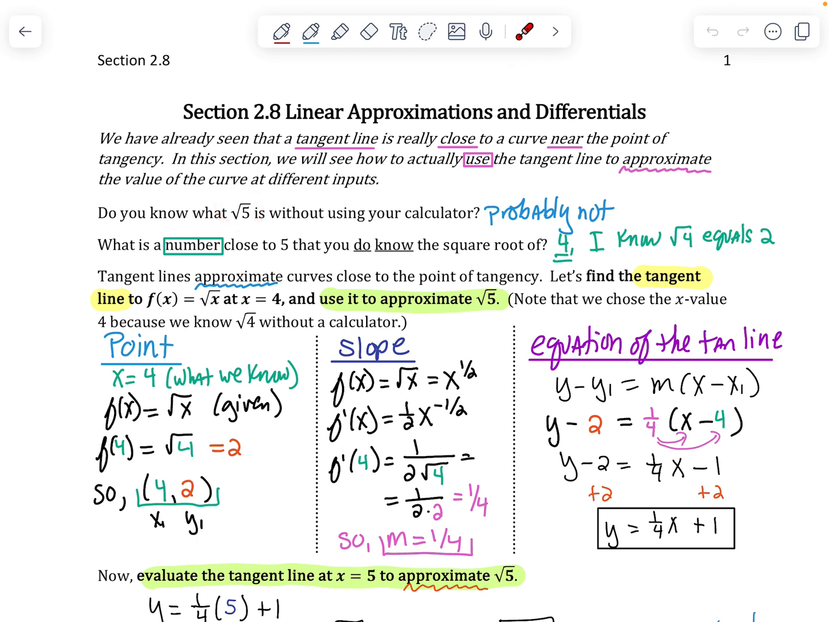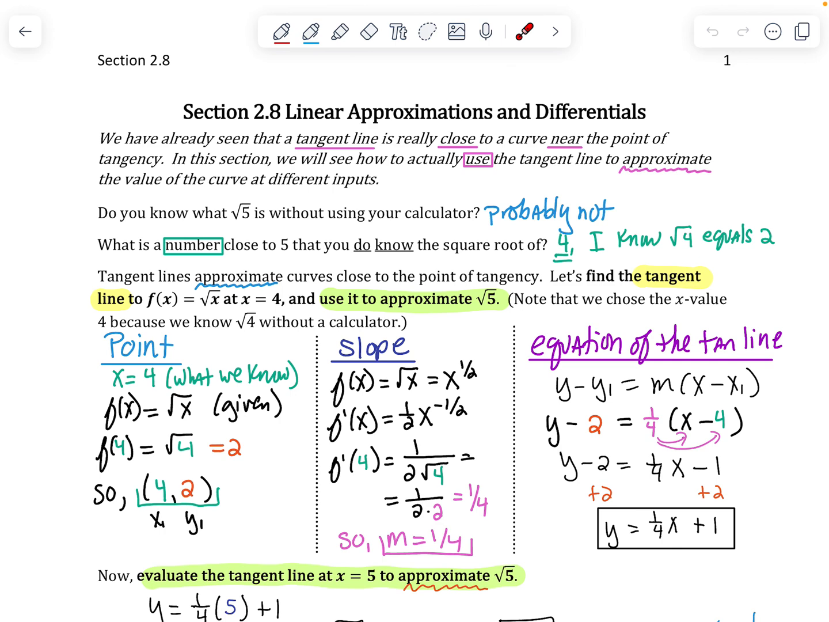curve. So what if you were asked to find the square root of 5 and you don't have your calculator? Do you just have it memorized? Probably not. So we want to pick a number that's super close to 5 that I know the square root of. For example, 4. I just know off the top of my head, as most people do, the square root of 4 equals 2. So we're going to use the tangent line to approximate on the curve the point of